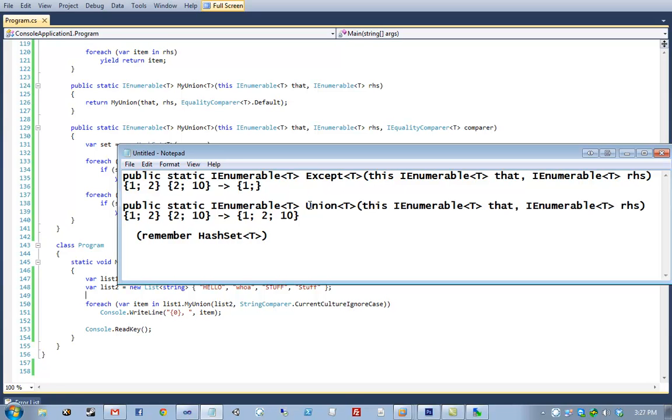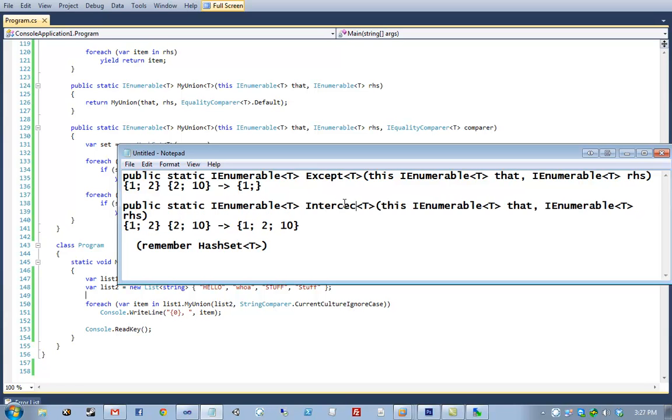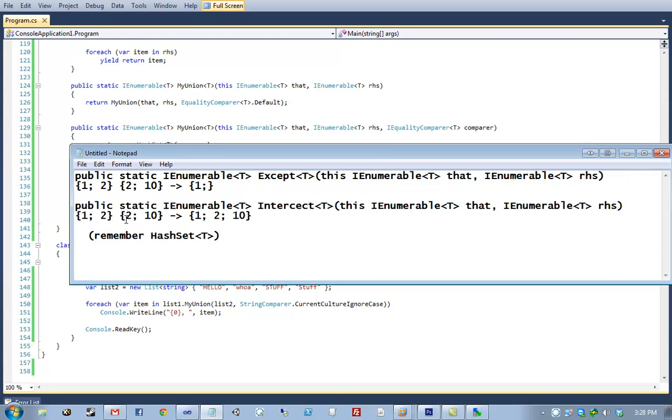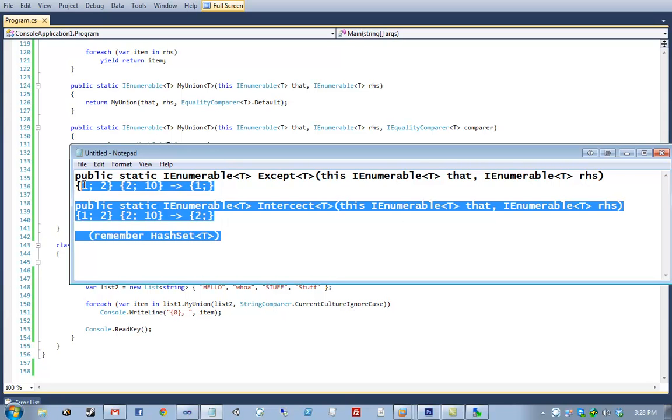And then we have Intersect. Would that just be 2? Yes, it would. Intersect does the opposite. It'll return things that are present in both lists. So, for example, it would just be 2. These are very important methods to understand.